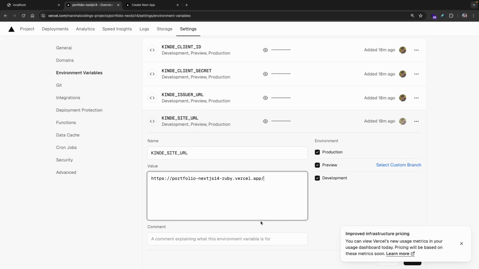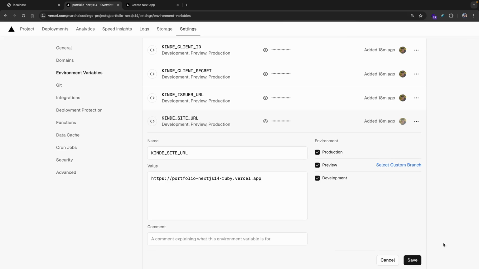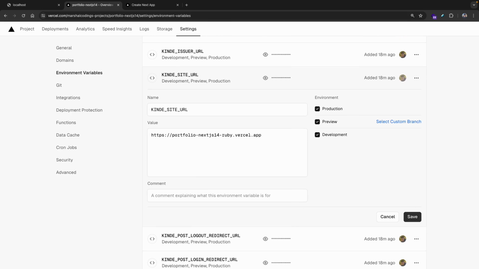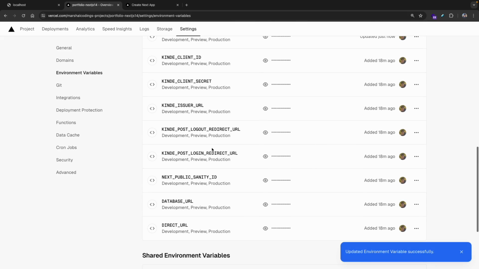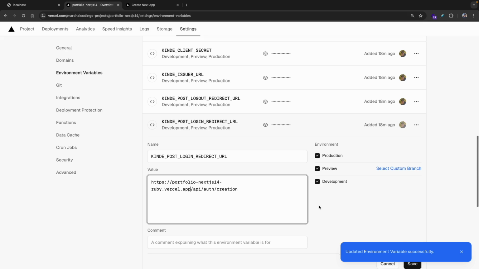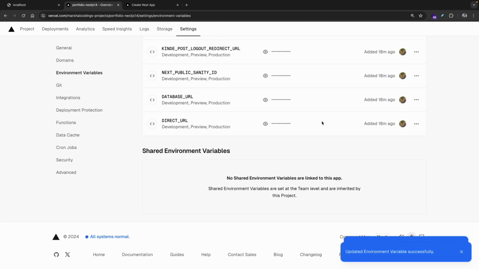Now there's one important thing, please listen. What you have to do right here is delete the slash at the end. So it should end with .app, so please delete the slash at the end, it's very important. Then let me right here click on save. Let's now go to the Kinde post login redirect URL. Let me click right here on edit, and now instead of localhost 3000, let me change it to my deployed application URL, and then let me click on save,